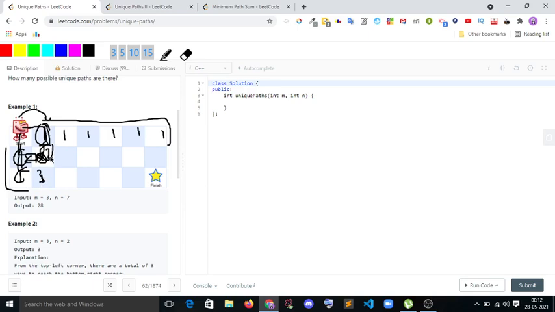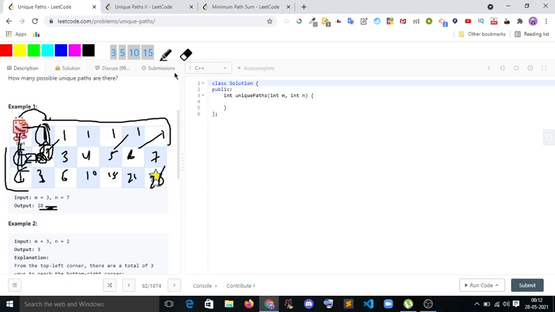So whatever the values given, I just add them diagonally: 3 plus 3 is 6, 3 plus 1 is 4, 4 plus 1 is 5, 4 plus 6 is 10, 10 plus 5 is 15, 5 plus 1 is 6, 15 plus 6 is 21, 6 plus 1 is 7, and 21 plus 7 is 28. So our answer is 28.